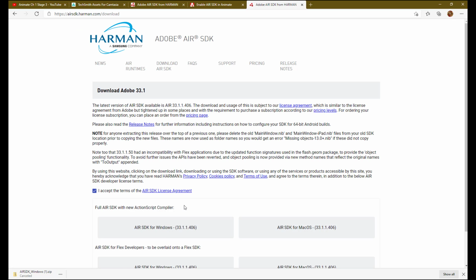You'll need to click on the Harman link, accept the terms, and you can then download the Air SDK for Windows. There is some stuff up here if you really want to look at it. They do have a pricing page and stuff, but since we make less than $50,000 a year doing our animations, you're going to be just fine. Once you download this, and it's quite a good size file, it'll take a minute or two for you to get it to download. You can move it to whatever folder you want it to be in, but you are going to have to then,